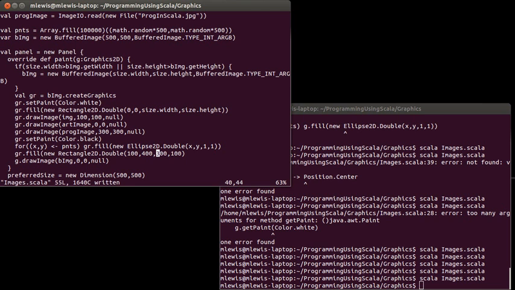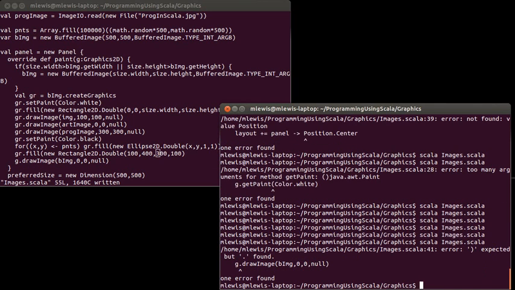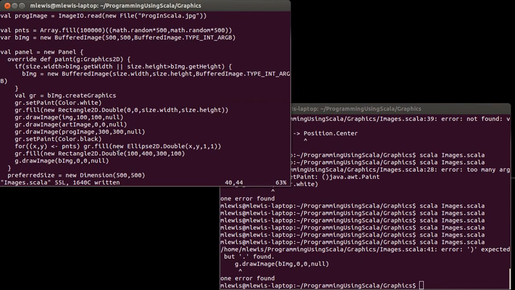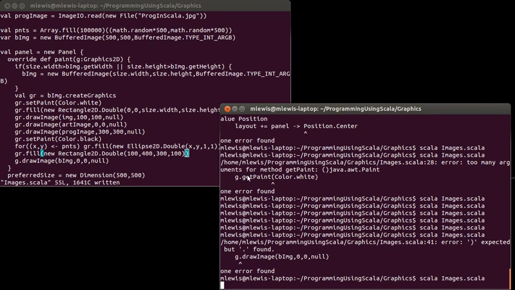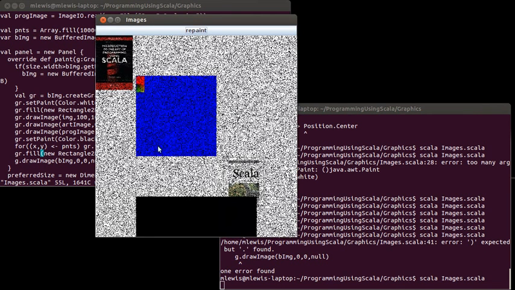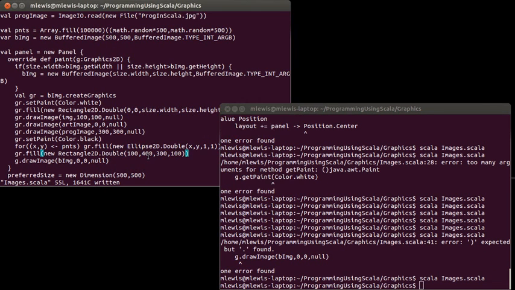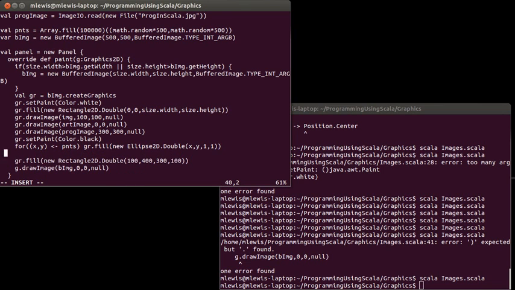If I do this right now, I'll just get a black rectangle. So let's make sure we're happy with, I'm missing a close parenthesis, okay. Make sure we're happy with where this comes out. Okay, that'll work for me. And what I want to do though is set the paint here to use a new texture paint, and the texture that I want to paint with is one of the images from above. I'm going to use the art image,